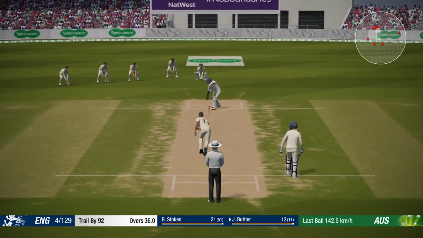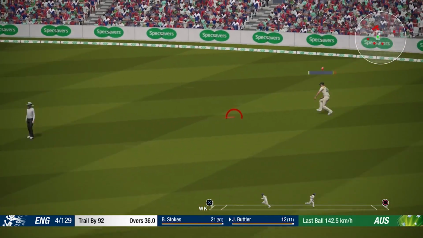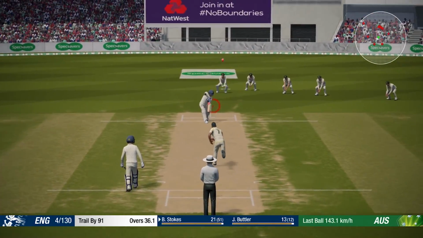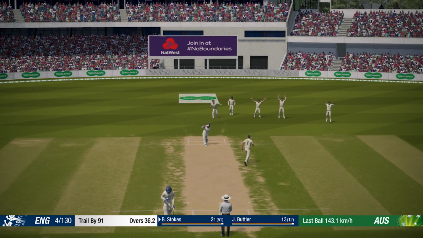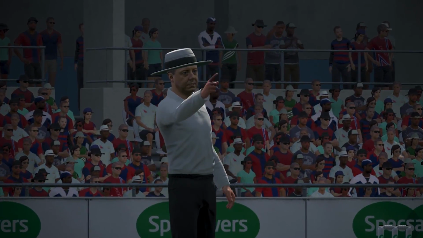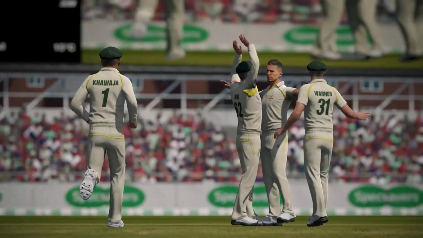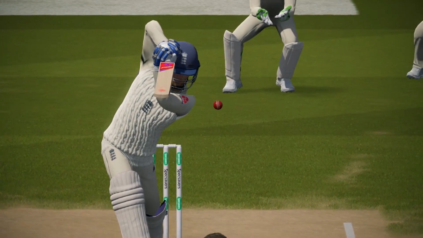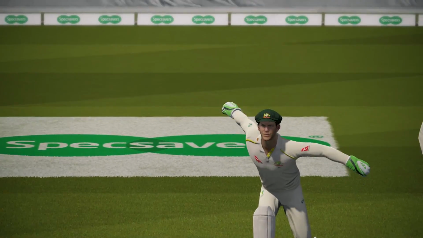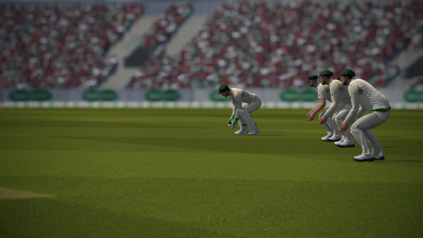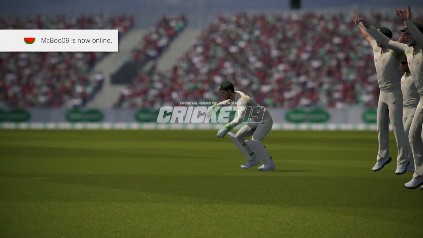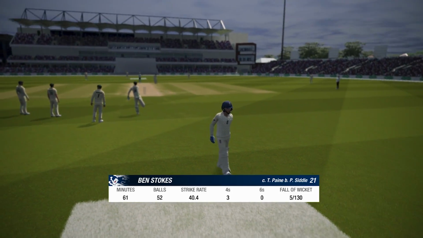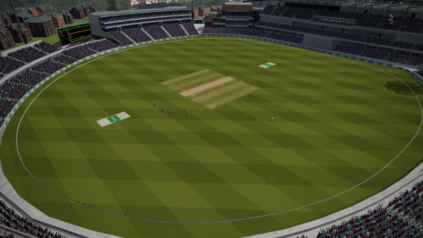Remember, Australia still do get to bat again after this, so England will need to make at least 93 more runs to force Australia to bat again. Peter Siddle comes into the attack and he's snagged the outside edge of Ben Stokes' bat. The finger goes up. Australia get their opening wicket of the day. It comes from Peter Siddle, and he's been a live wire since coming into this Australian side. He's been very reliable. He's managed to snag 2 or 3 wickets per innings and really just contributed to this Australian team when required. So Ben Stokes gone for 21. England 5 for 130. They still continue to trail by a decent margin as well.